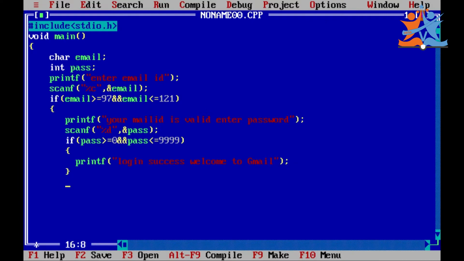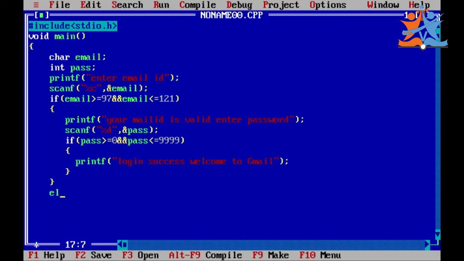If you entered the password wrong, you can go with the else part, but we are discussing nested if now, so that is the reason we didn't require it. So we can go with next.